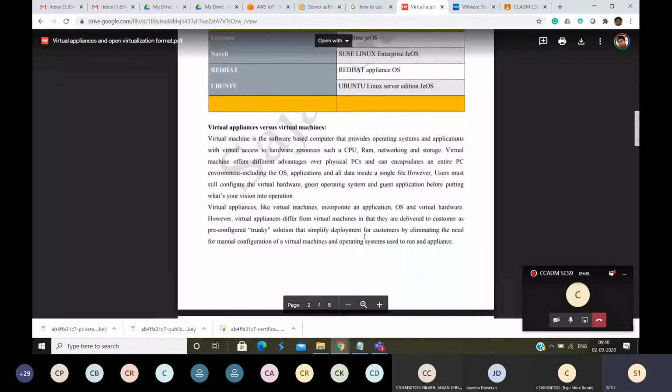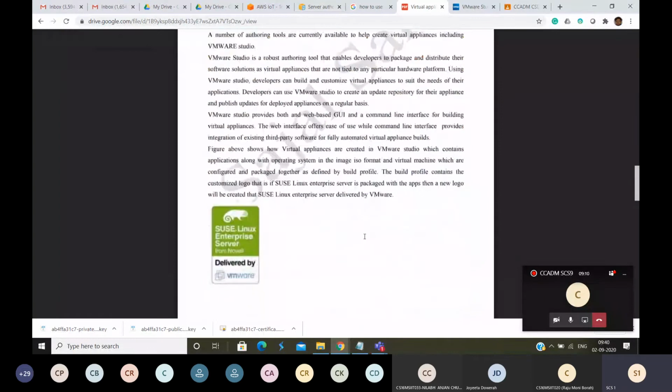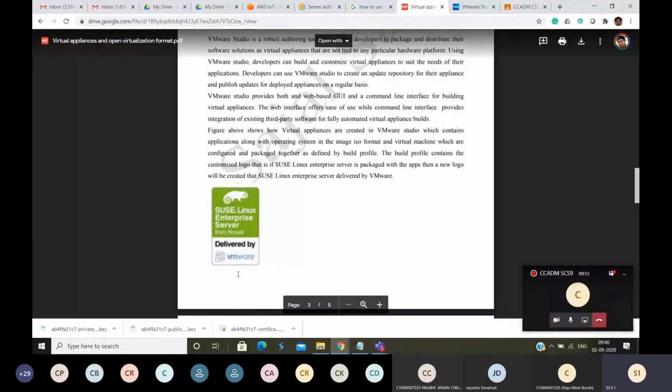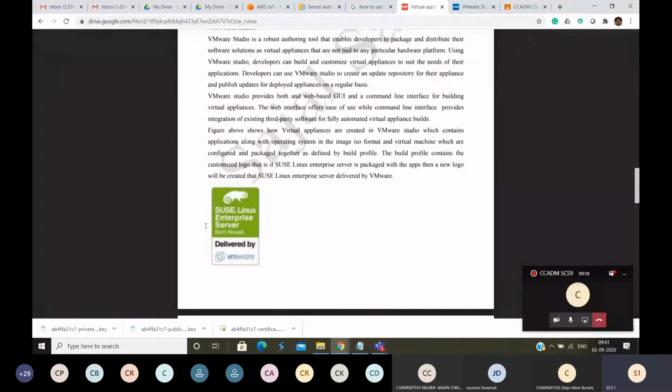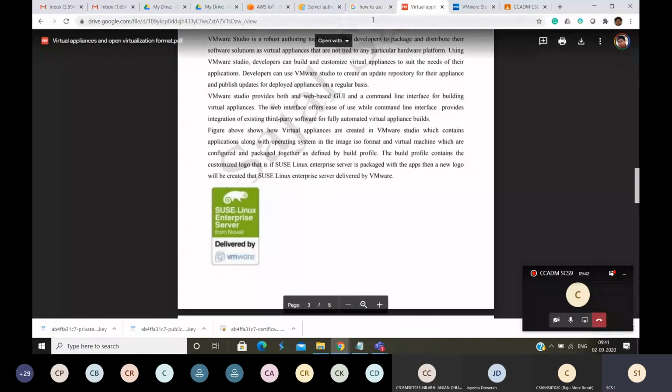Now you can see that when your operating system or the VMware image is created, suppose if you create it using VMware, then this type of logo will be generated. Suppose if you install SUSE Linux from Novell hardware, meaning your hardware part is not Intel or AMD, you have used a Novell, and on top of it you have installed the SUSE Linux Enterprise Server with some applications. In that case, you may get this kind of logo, SUSE Linux Enterprise Edition from Novell, and that is developed by VMware. Okay. Now I am showing you the VMware authoring tool also.